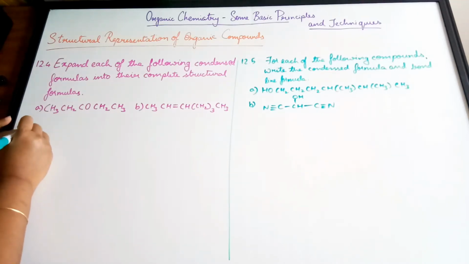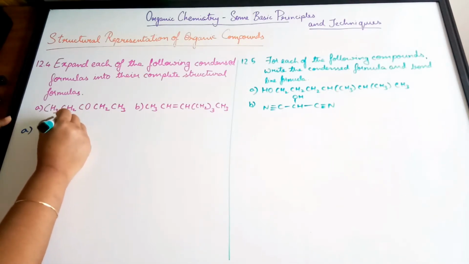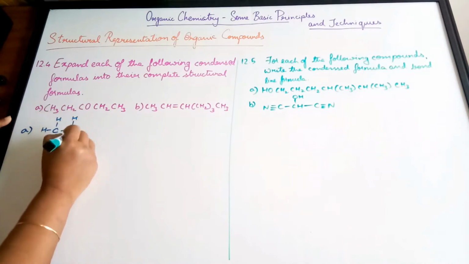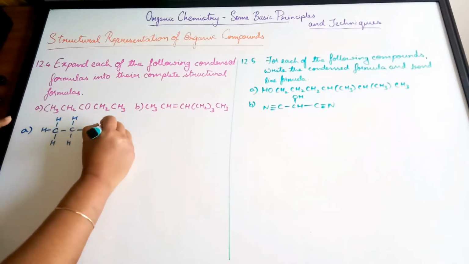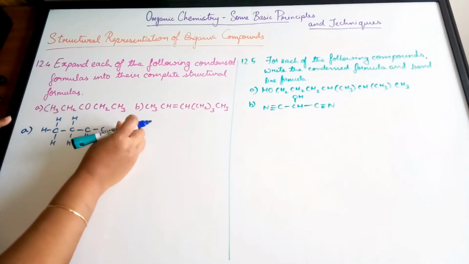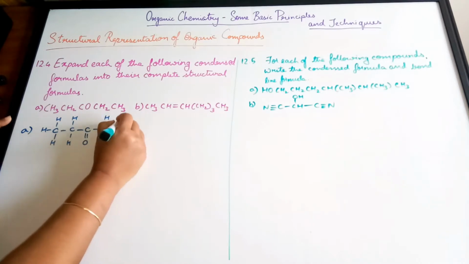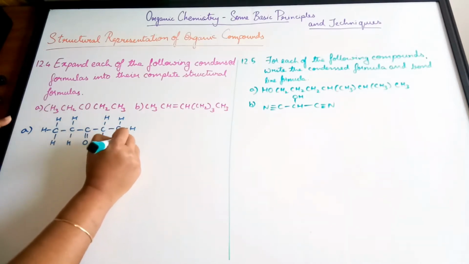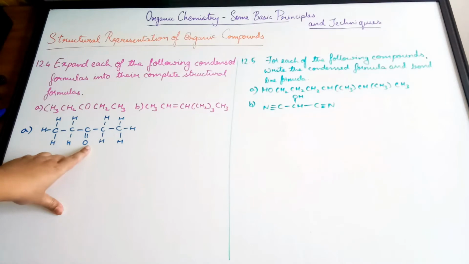So for the first one, CH3, CH2, CO, CH2, CH3. So here we have carbon, we have hydrogen, we have oxygen. Now the reason we put a double bond over here is because oxygen's valency is 2, which means it can form